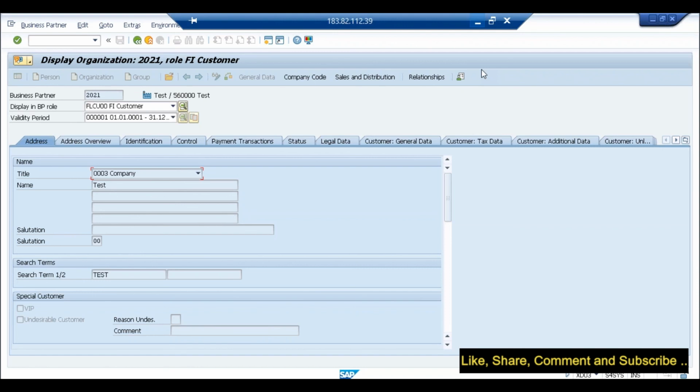Arijit is asking whether the customer account group is available in the business partner screen. I am not able to find it. Maybe you can try it and I'll also try, but I don't think that is available anywhere in the business partner screen. The table, yes, it is definitely there, but from the front end point of view I need to check, because this is a question the last batch also asked and I was trying to do that, but I don't think it is possible. I'll check that.